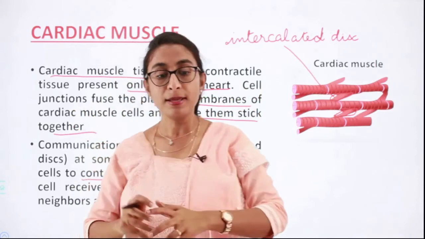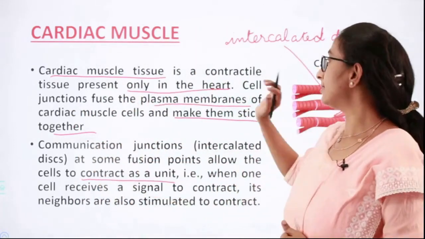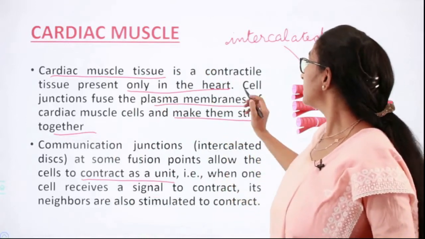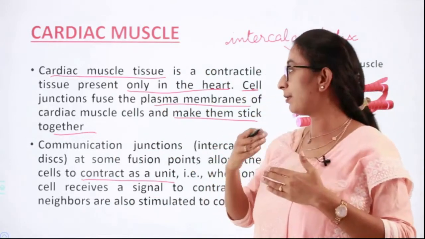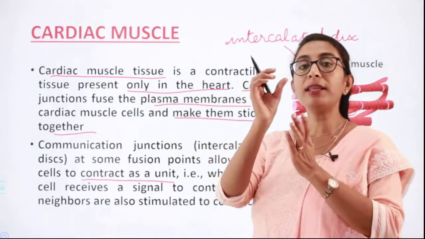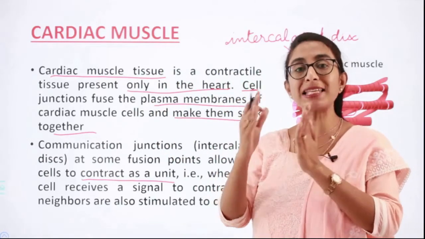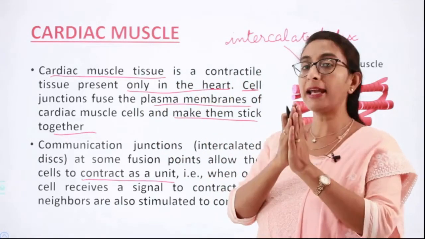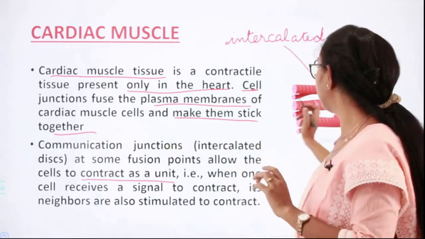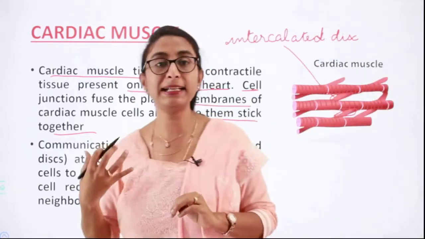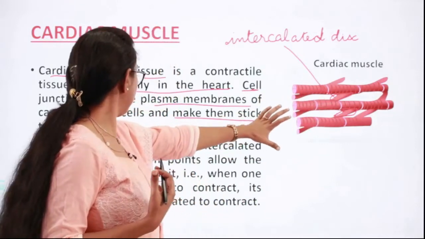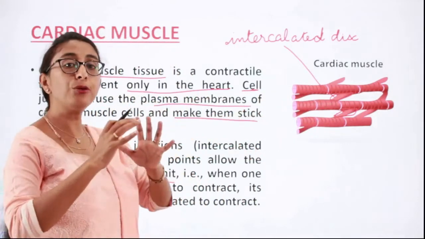Okay, did you understand? So the cardiac muscle tissue is a contractile tissue present only in the heart, and here the cell junctions fuse the plasma membrane of the cardiac muscle cells. So different cardiac muscle cells will be there. What these cell junctions do is they fuse the plasma membrane of different muscle cells and they make them stick together. And then at this region, you will have these intercalated discs. Okay, in these regions where they have fused, you have the intercalated disc at the fusion points,